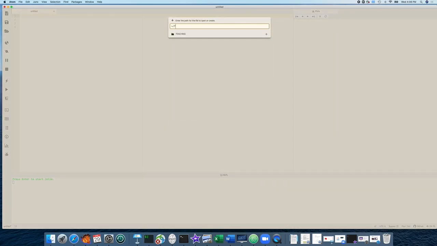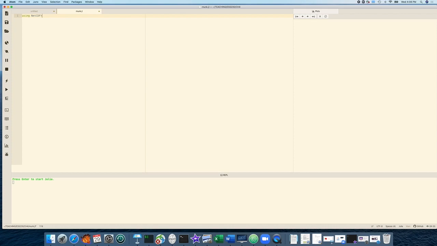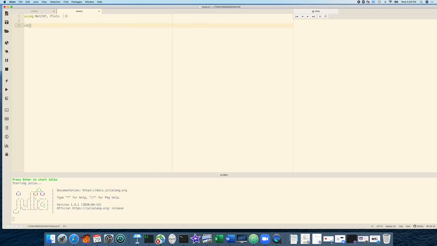Alright, so let's load up some data to do the Munk model fitting. We'll write a script, and the data for the World Ocean Atlas, remember, comes in netcdf, so we need that package, and we're going to make some plots to see what the data looks like. So the first line loads the package, the second line sets the current directory where the file is, and there's